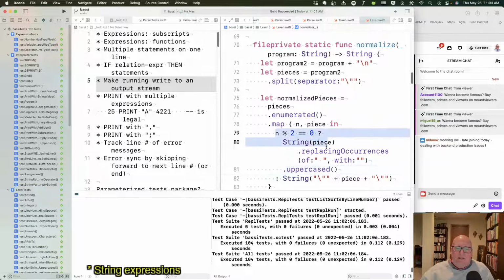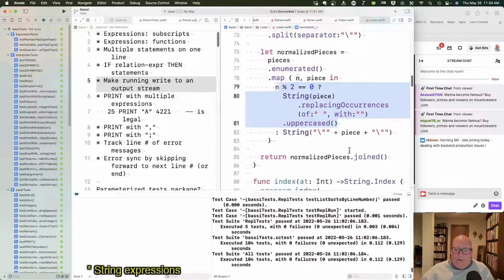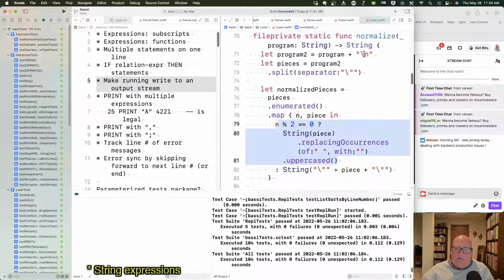If you were here for this piece, basically we split things on quote marks, and then we put them back together where we squeeze out spaces on the unquoted stuff and uppercase it and attach the regular stuff back in with quote marks again. But this doesn't deal with the case of a missing quote at the end. We kludged our way around it a little bit by putting this in first, but